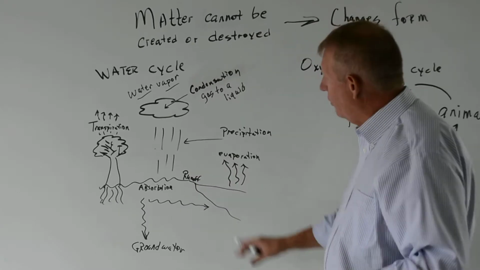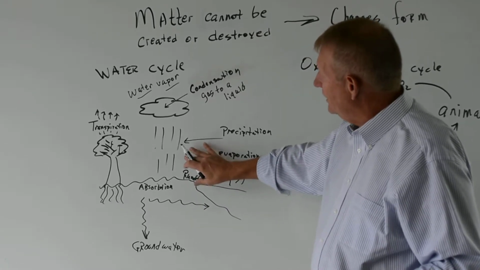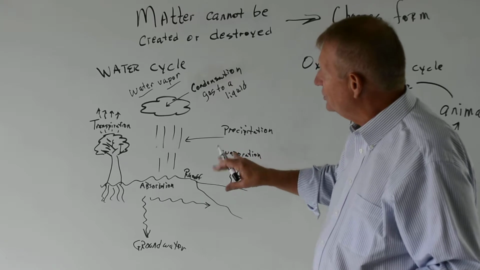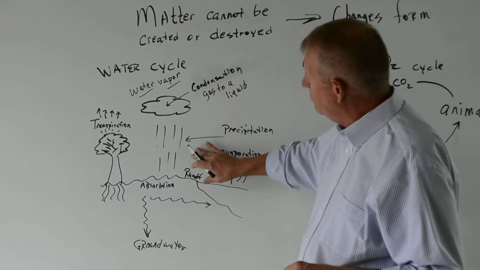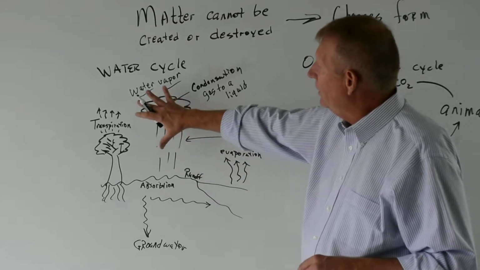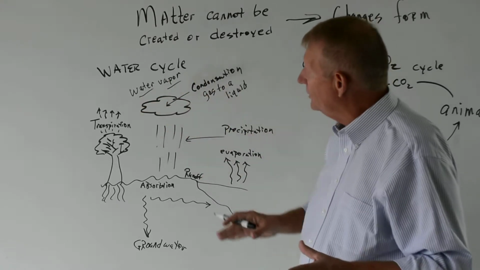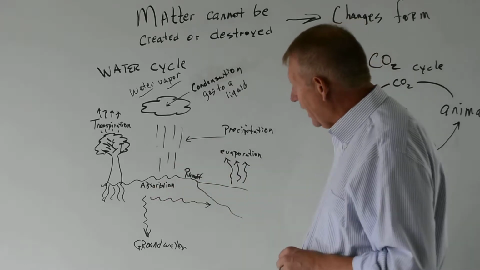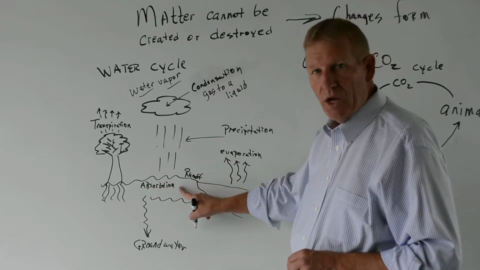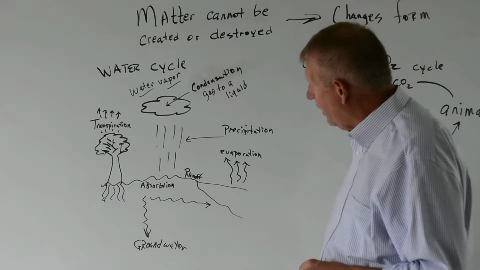As we go through hot and cold, we could get hail, we could get sleet, we get rain, but that's precipitation. So it looks like we're making moisture, but we're really not. We had water vapor in the air, and we'll talk about how it gets up there. So as the water comes down and hits the ground, some of it is absorbed by the ground, and some of it is in the form of runoff.